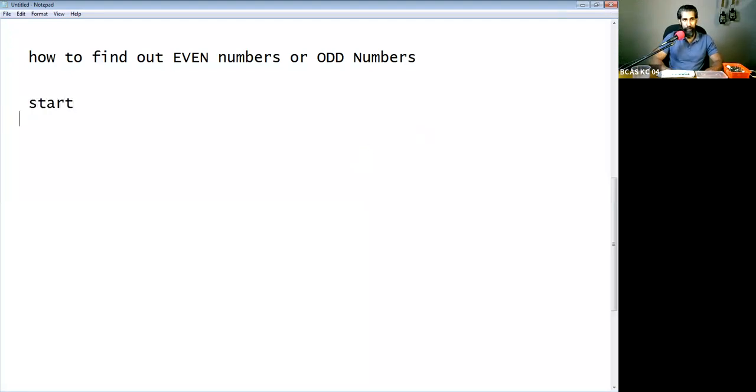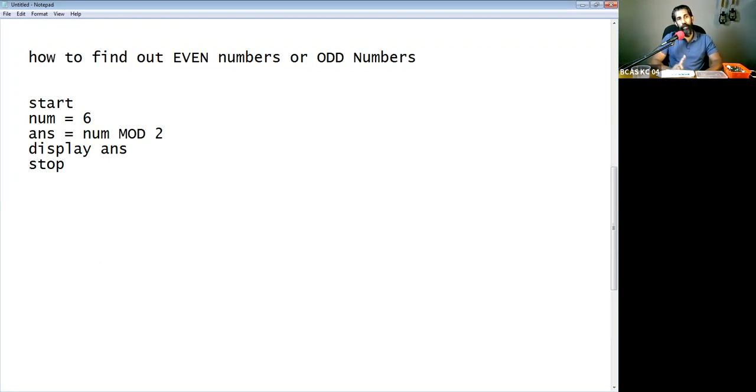Start the program, and I will take a number. Earlier we took something called count. I'm not going to count anything. I'm just going to give a number which I like. Just like the previous one, we will say 6. Then answer is assigned the value number modulus divided by 2, and we will display the answer. How much is the remainder? We can get it. Then we stop the program.